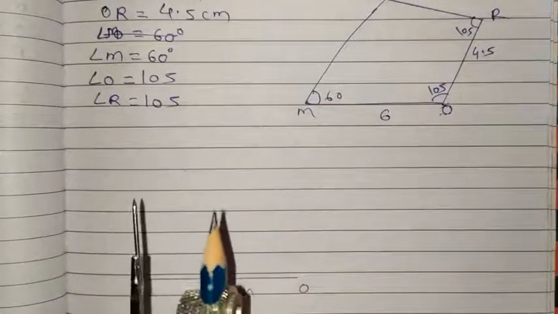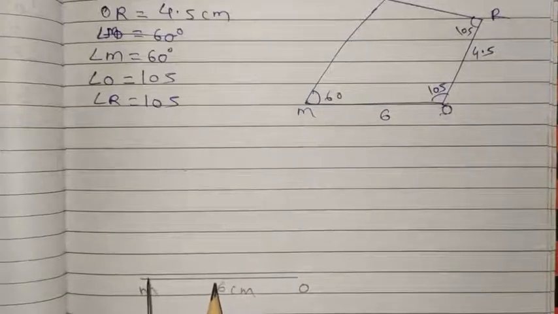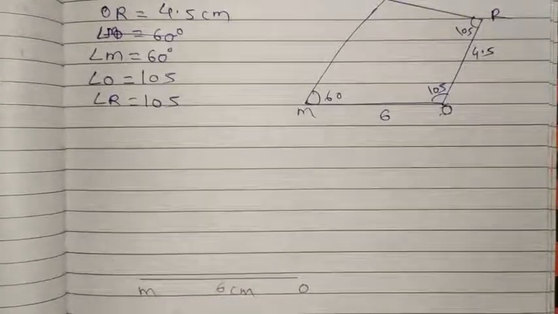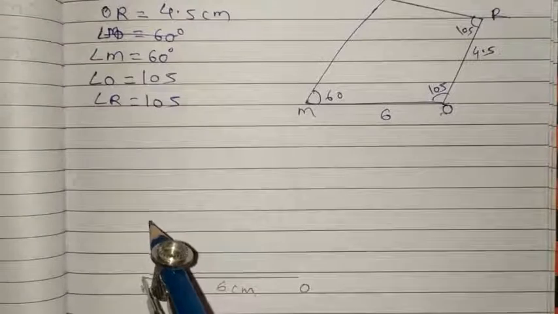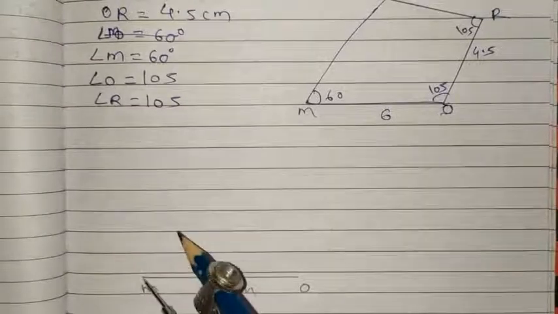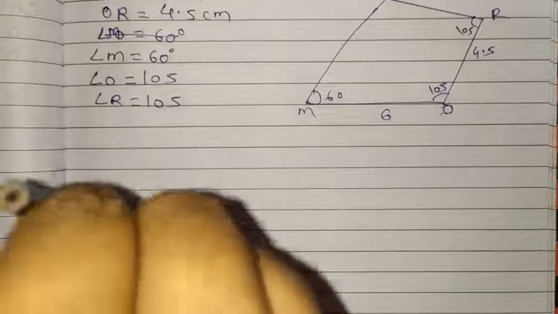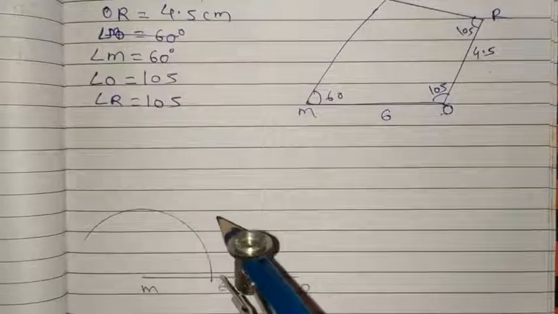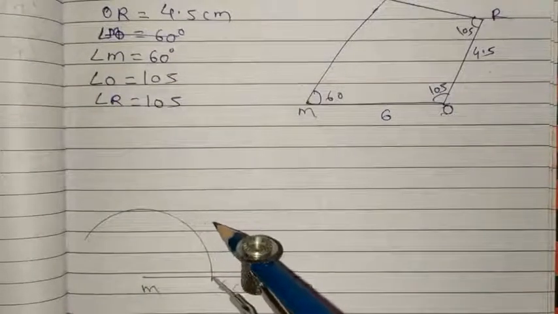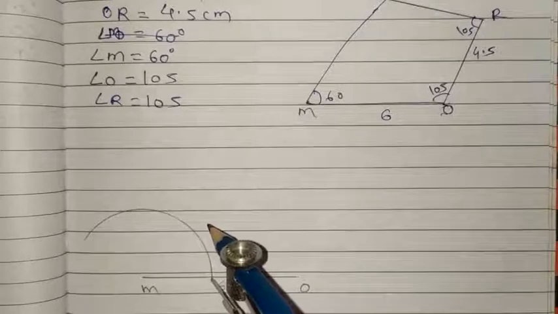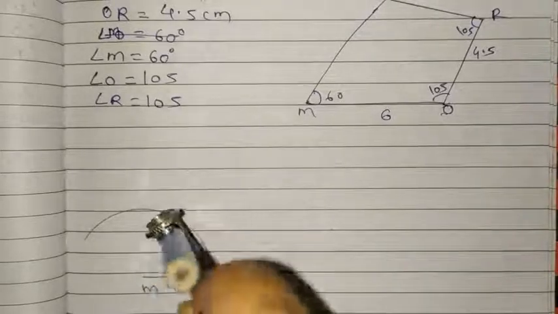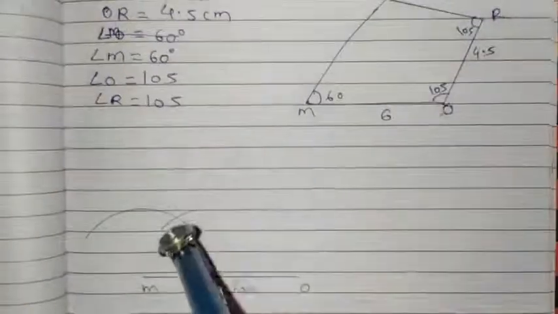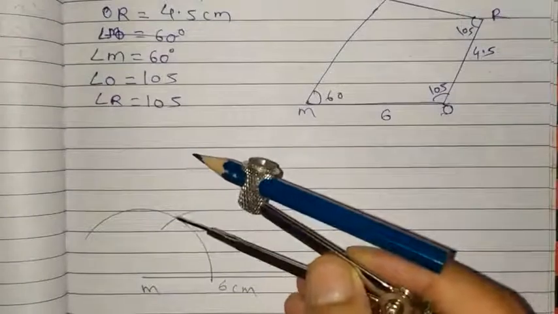So you have to take the compass and take less than half of the line distance so that you can easily draw systematically. Take carefully the point M, okay, and you have to make a big arc. And once this arc crosses the line, you are getting a particular point on the line. So take the pointer carefully and don't change the distance of the compass, okay. And now you draw the arc and this point is known as 60.